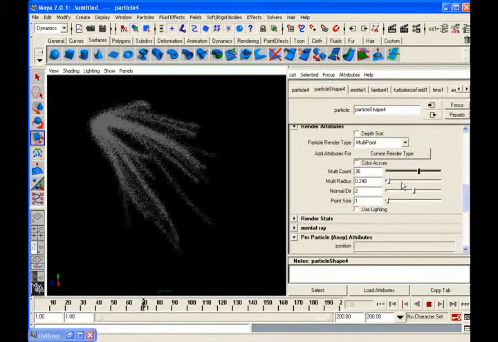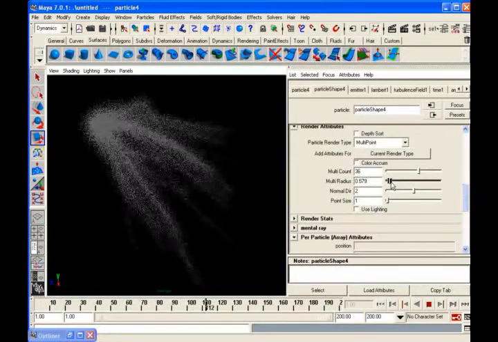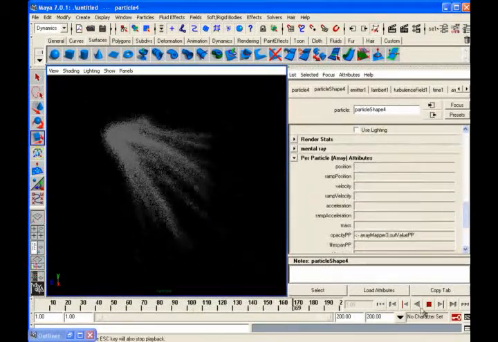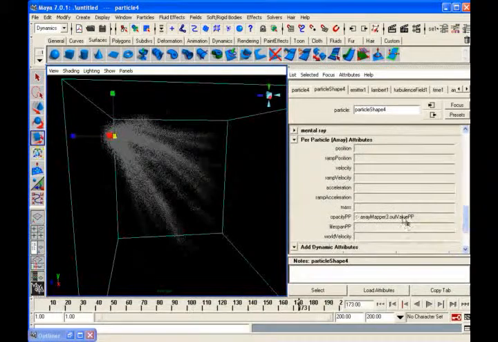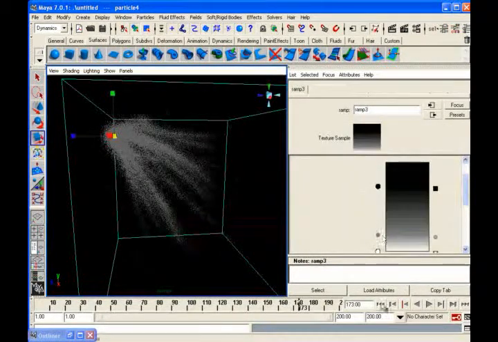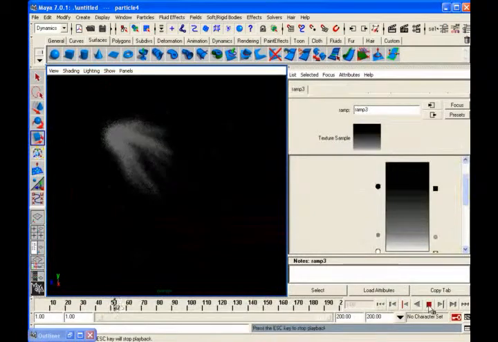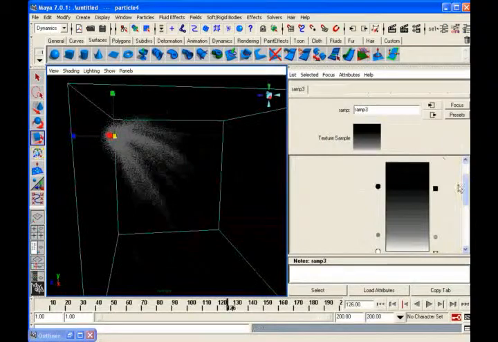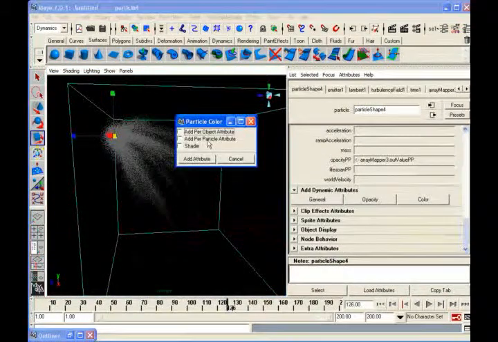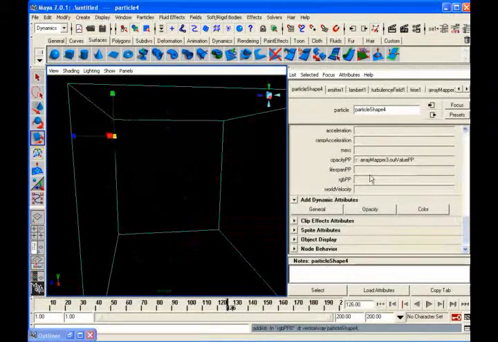So you can control that using right click, edit ramp. So blackness you can control with white so that they go very fast. Then color, anytime you can put on the color. Color, add per particle, and put a RGB PP, create ramp, automatically you will get the colors.